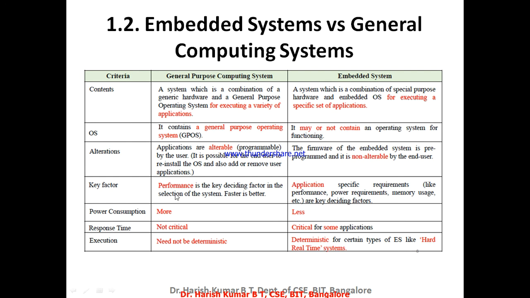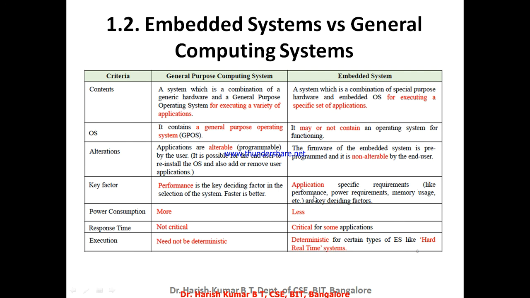Now the key factor. When it comes to general purpose computing, performance is the key factor. When you're looking to buy a general purpose computing system, your focus is mainly on performance, whether the system provides very good performance, then you buy that. For an embedded system, performance is not the only key deciding factor. There are